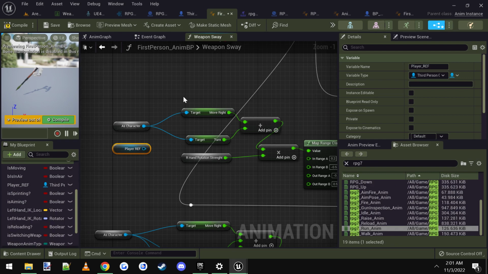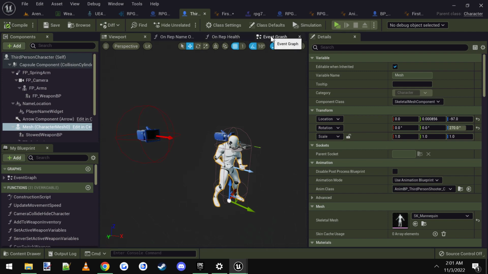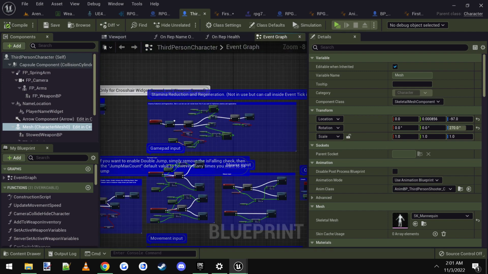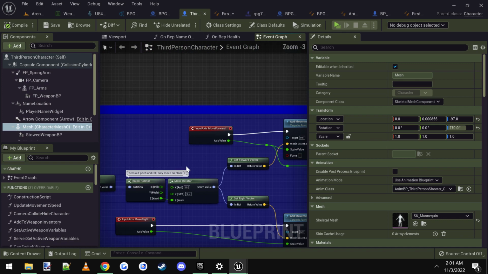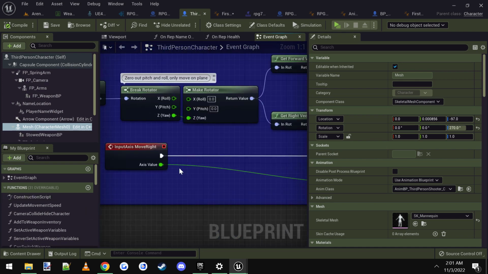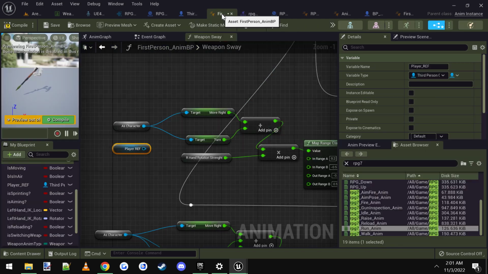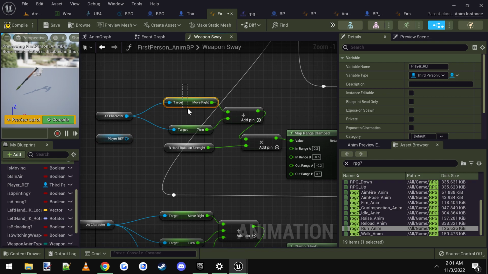To finish this, we have to make this variable called move right. So we have to go into the third person character blueprint right here. And in the event graph, we have to find the movement inputs. So move right. We would just make a new variable right here. You know how to make new variables. You come down here, you click the button and make one. But I'm lazy, so I'm just going to copy this